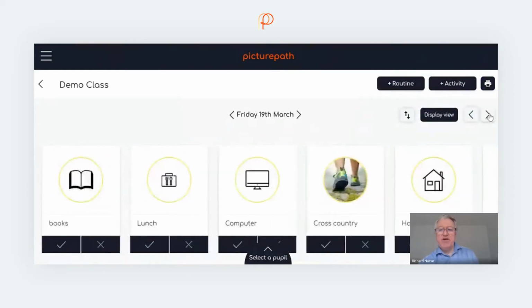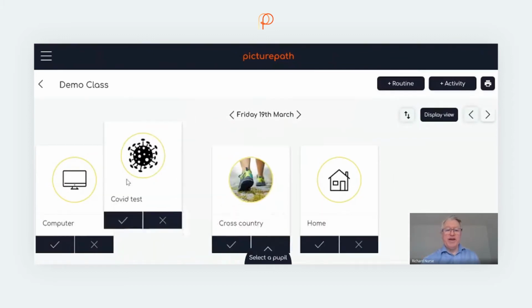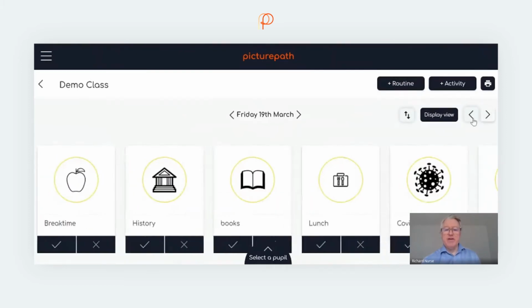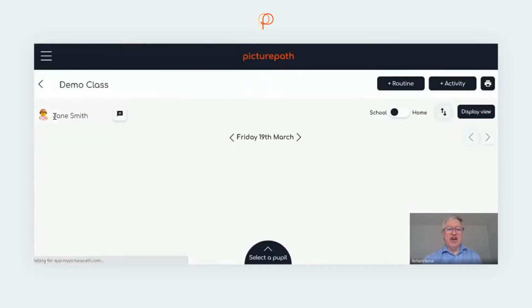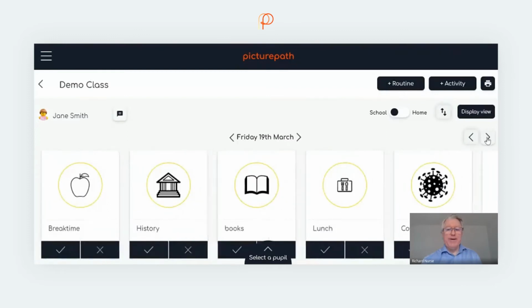So now when you add something to the timeline, it automatically goes to the end of the day. And then you can decide where in the day it's going to go. So let's say it's going to go there before the computer lesson. You just move it to wherever you need it to be. Then when you go to the individual pupils, they all have that timeline loaded to them. So if you go to Jane, there you go, you can see she has the timeline for all of that